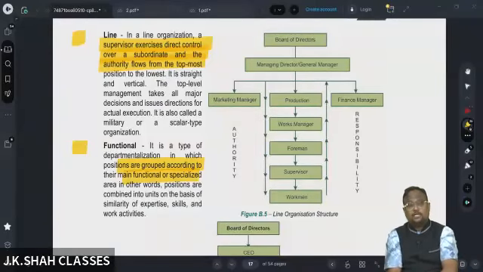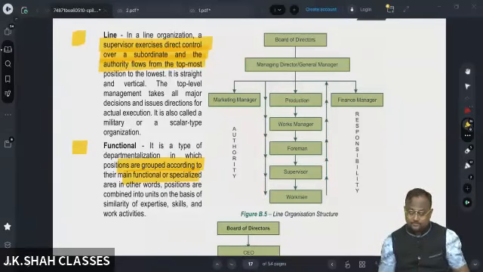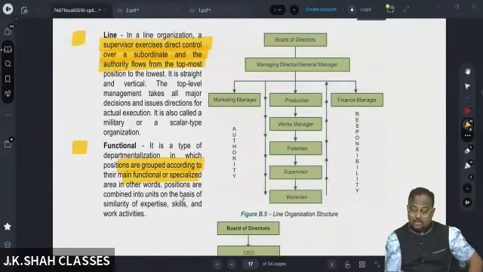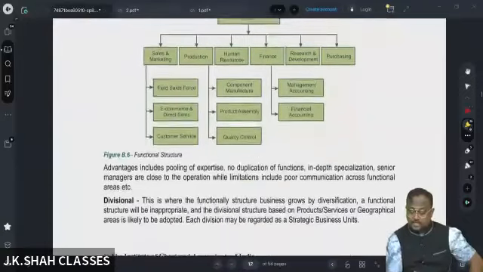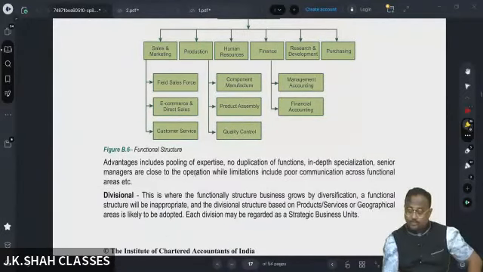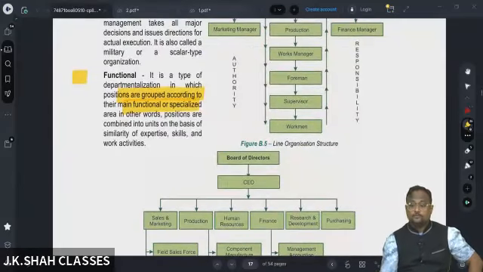In functional, the manager takes the decision and it is reported. This type of departmentalization, in which positions are grouped according to the main functions based on their expertise, skill, and activities. Advantage of pooling: no duplication of functions, in-depth specialization. Senior managers are close to the operations. So that is functional. Basically, decision making,